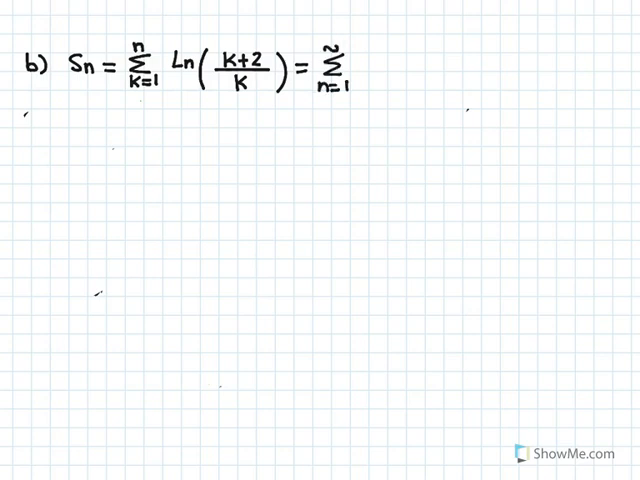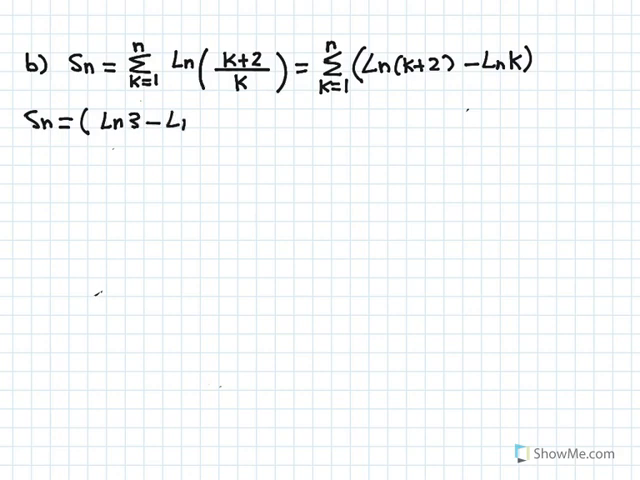Sum from k equals 1 to infinity of log of (k plus 2) minus log of k, let's put that in brackets. So Sn, the nth partial sum, is equal to... plug in k equals 1. Sorry, this should be k, and this upper limit should be n, because we're looking at the nth partial sum. So Sn is equal to log of 3